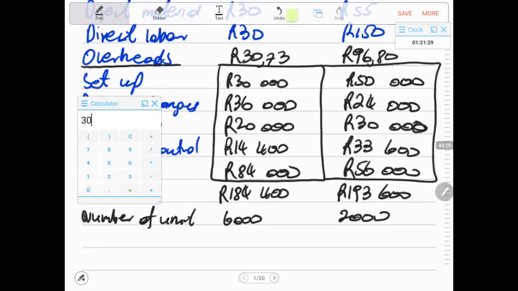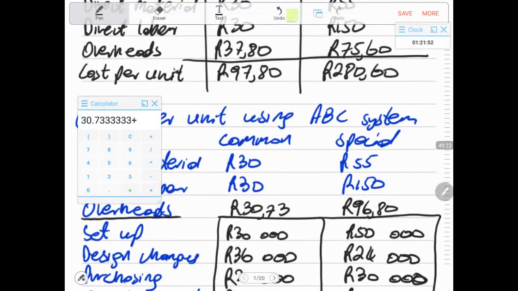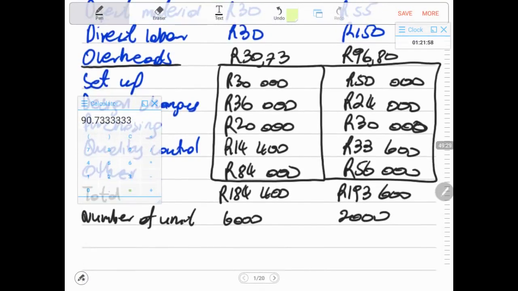Just to recalculate, 30,000 plus 36,000 plus 20,000 plus 14,400 plus 84,000. 184,400, divide this by 6,000. Yes, 30.73 plus 60 equals, then my cost per unit of product common will be 90 rand